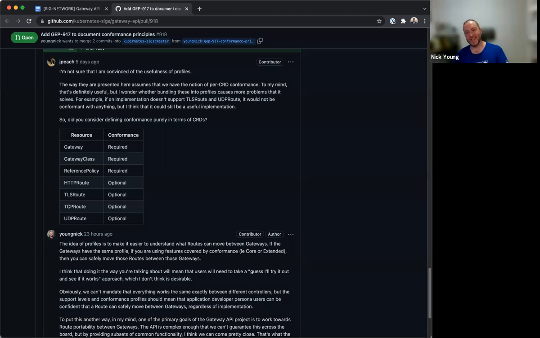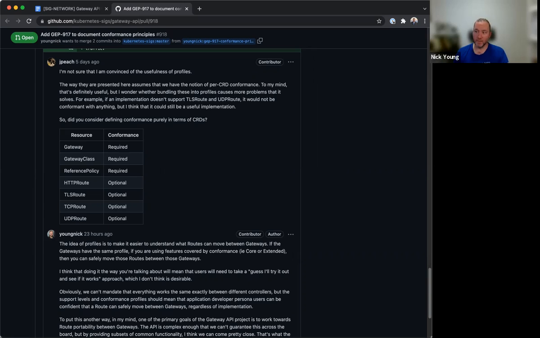Okay. I think that it makes sense to define this per object, as the intermediate step between profile and field level support. I think at its heart, all of this comes down to field level tests that will need to be run.